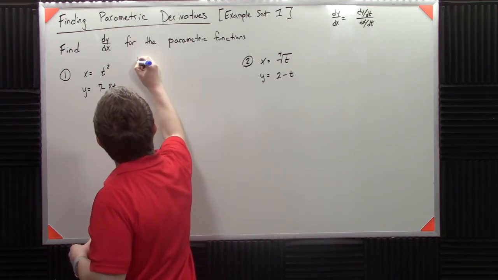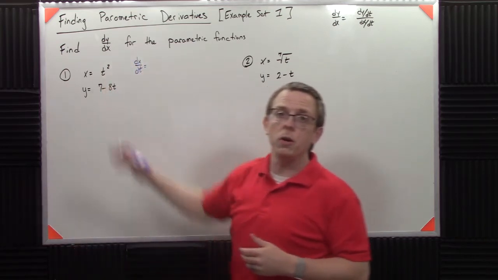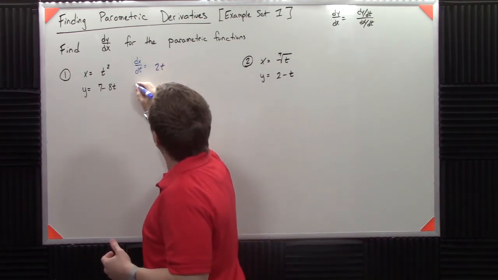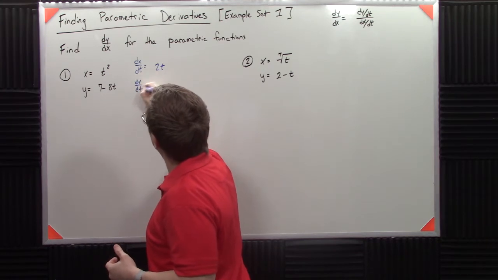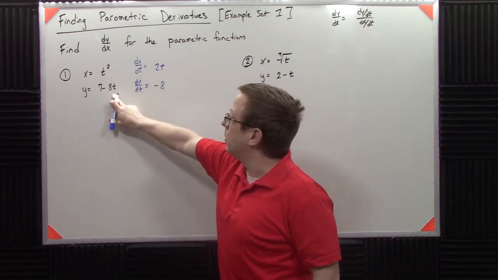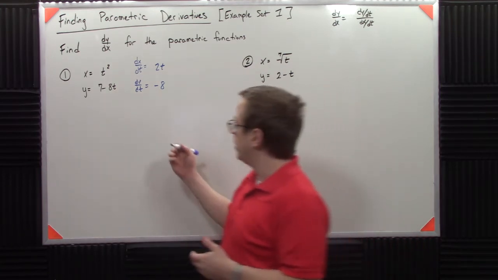So the time derivative here, the derivative of t squared is just 2t, and then dy/dt is negative 8, since the 7 derives to 0 and negative 8t derives to negative 8. So then we plug this in, we say